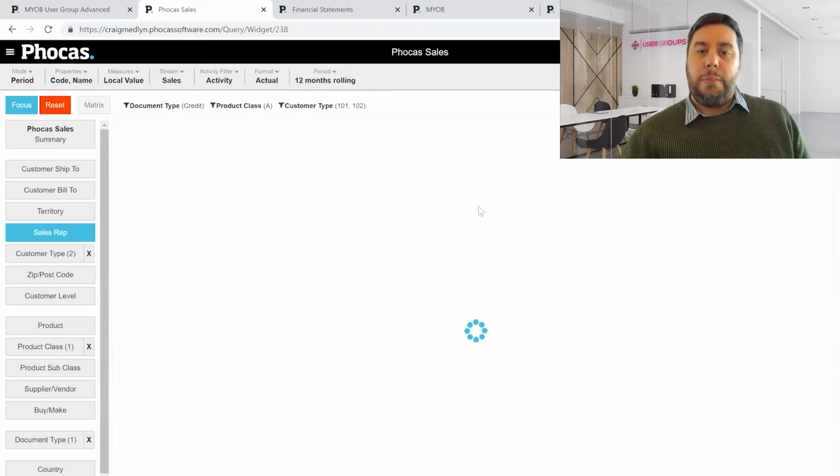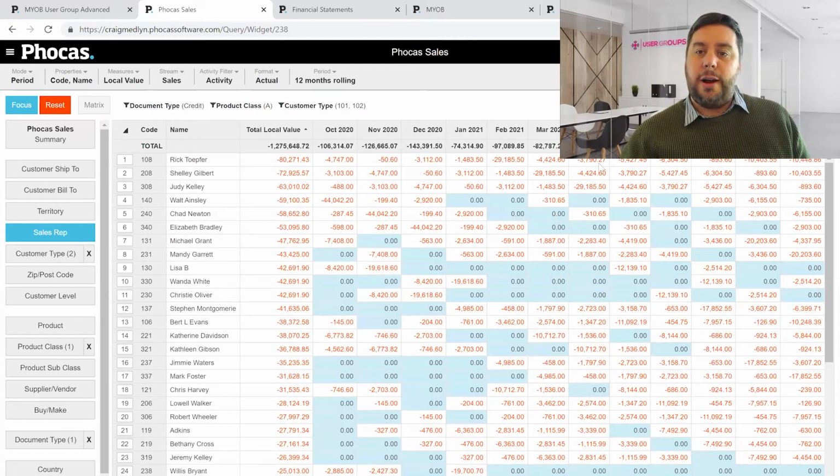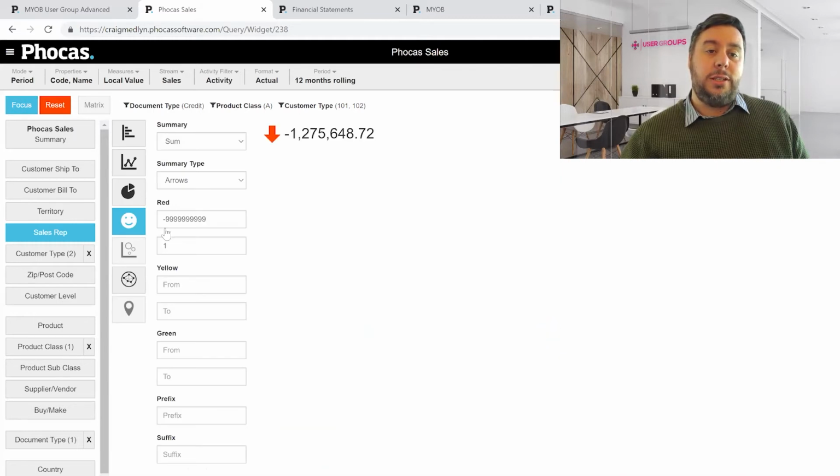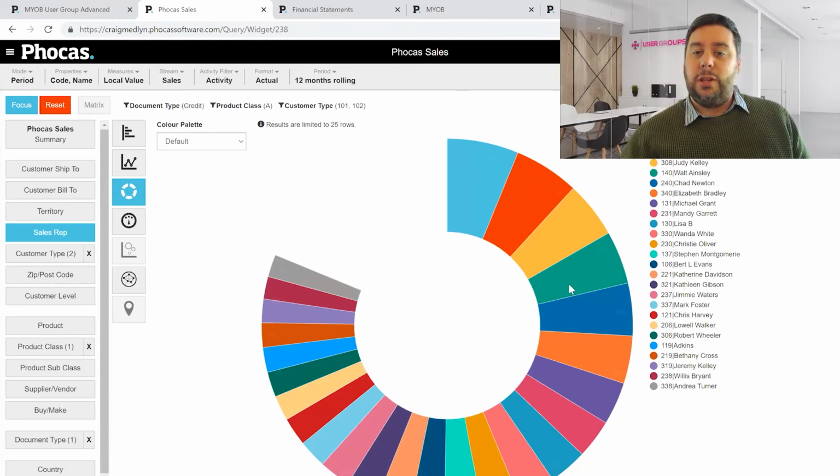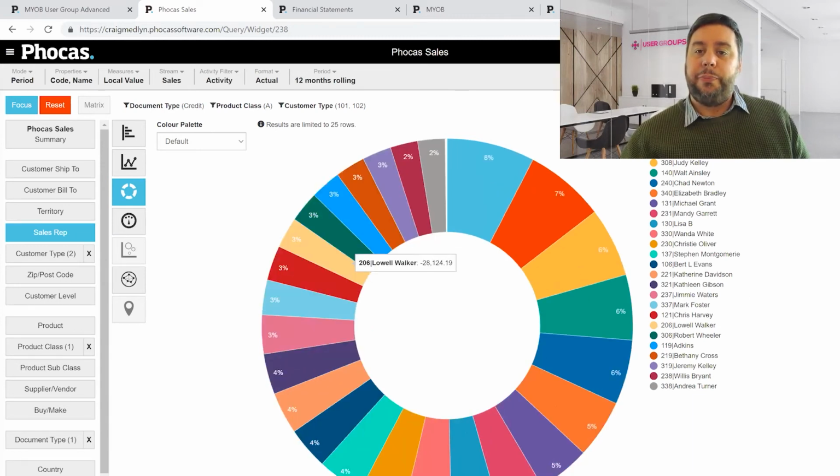Has this problem persisted by rep? Is there somebody that really stands out? How lumpy are they? We can just continually ask questions based on what we're seeing. If we don't want to just look at it in data form and we wish to turn something like this into a chart, we can do that. So we can see where most of the credits are actually coming from.